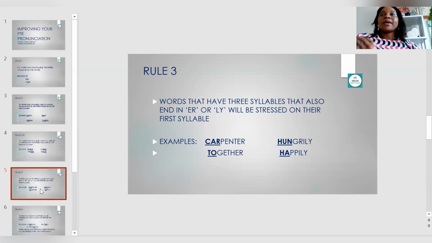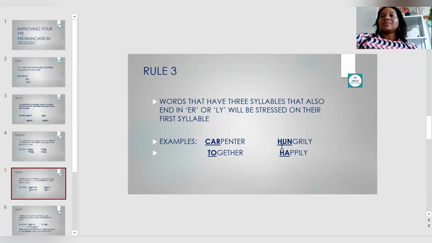So this brings me to another point: words that have three syllables and end in ER or LY will be stressed on their first syllable. We see this one, carpenter, car. That is where the stress will be. It's ending here, ER. So it's telling us here that words that end in ER or LY will be stressed